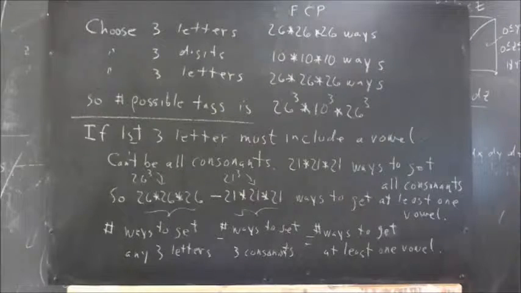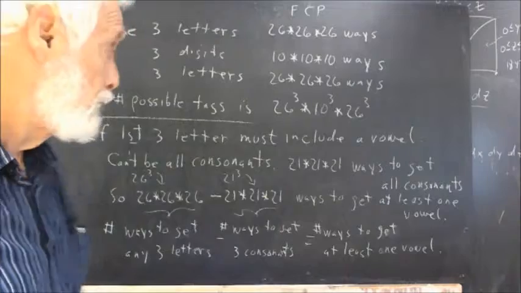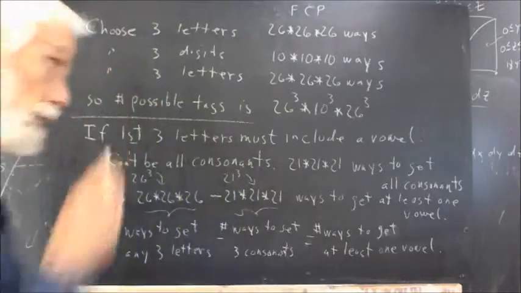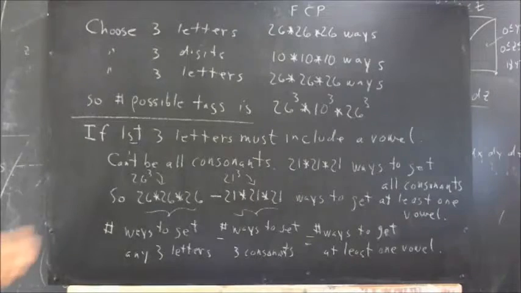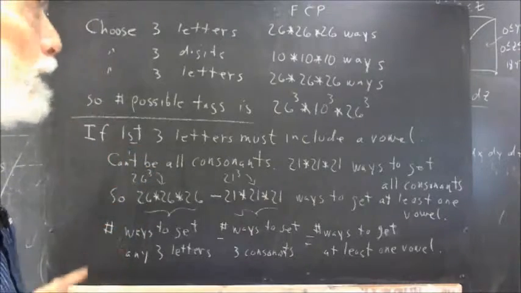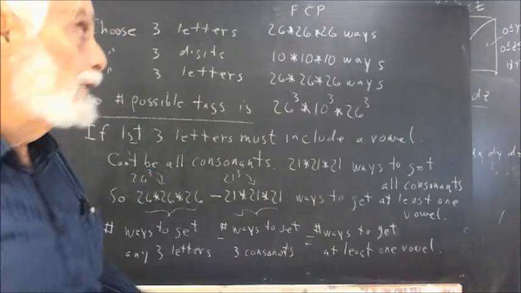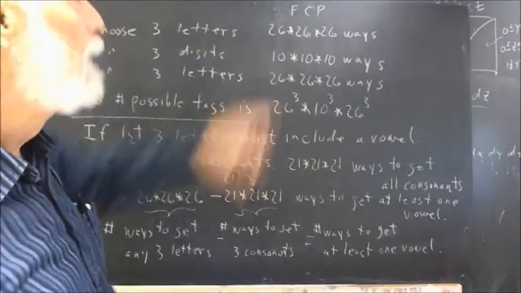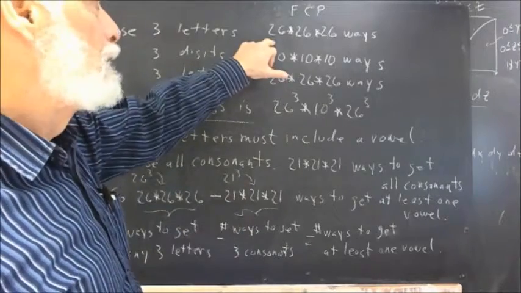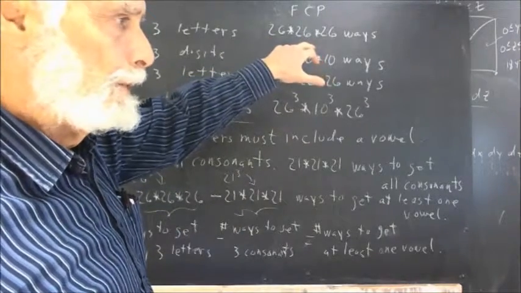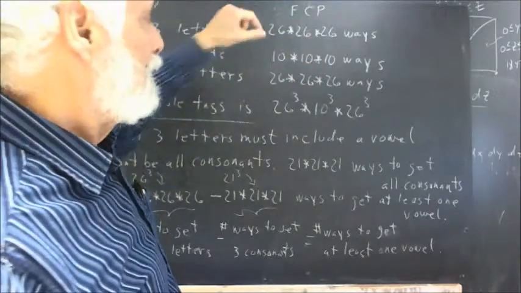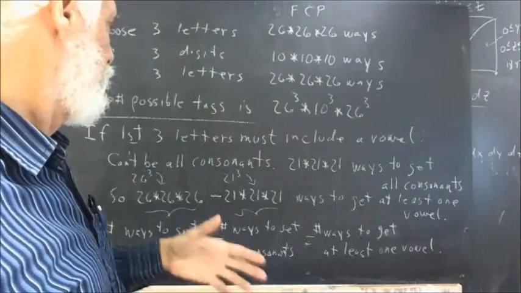Now, if you have the restriction that the first 3 letters, that's 3 letters plural, must include a vowel, how are we going to do that? Well, you can try reasoning that out. The first letter doesn't have to be a vowel, so you have 26 possible choices. But if the first letter is a vowel, or is not a vowel, well, you could still have 26 choices for the second, but if the first is a vowel, that should make a difference. The problem in reasoning the